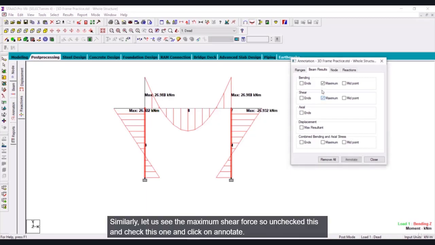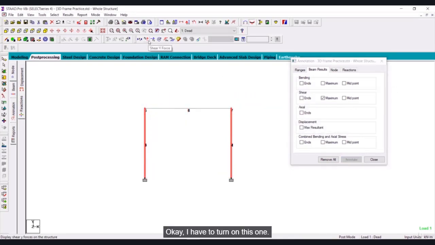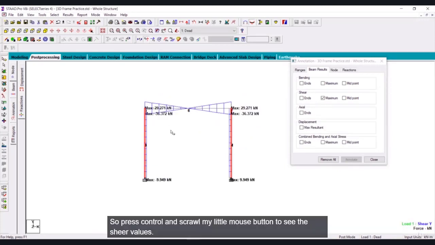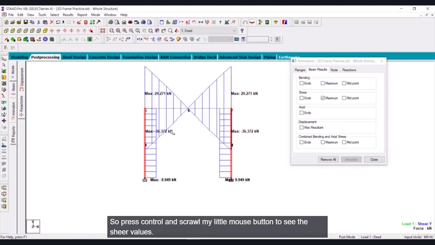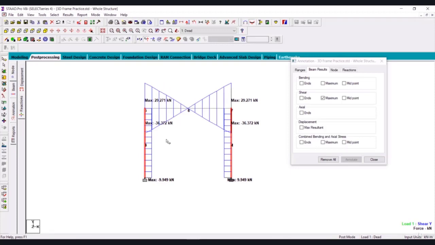Similarly, let us see the maximum shear force. So uncheck this and check this one and click on annotate. Okay, I have to turn on this one, Fi. So press Ctrl and scroll the middle mouse button to see the shear values. You can see the shear force values in the beams and the columns.